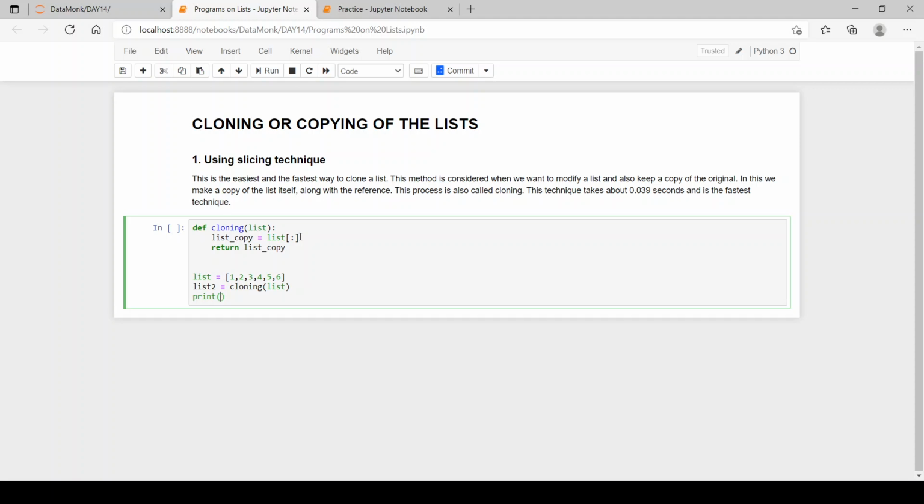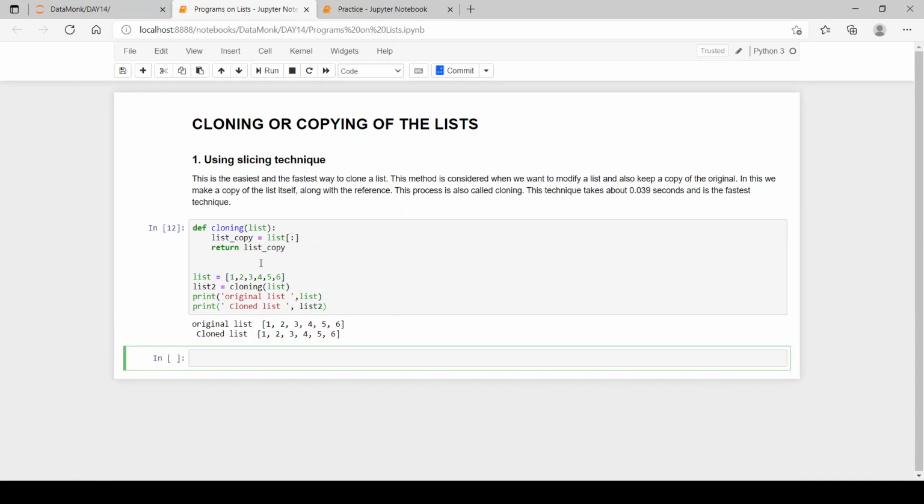The original list was list. The cloned list is our list2. So print cloned list, list2. So the original list and cloned list are the same.